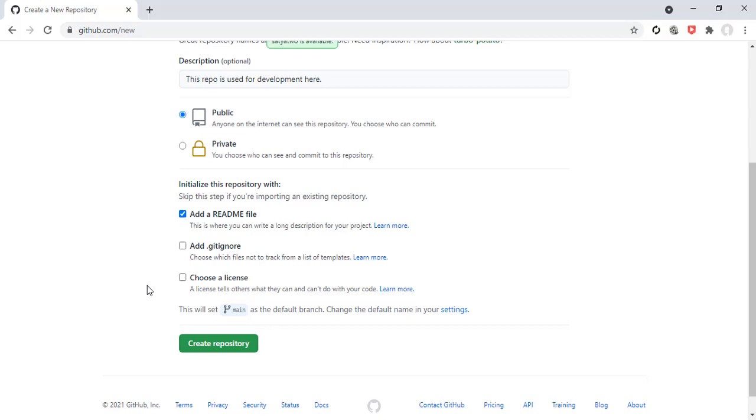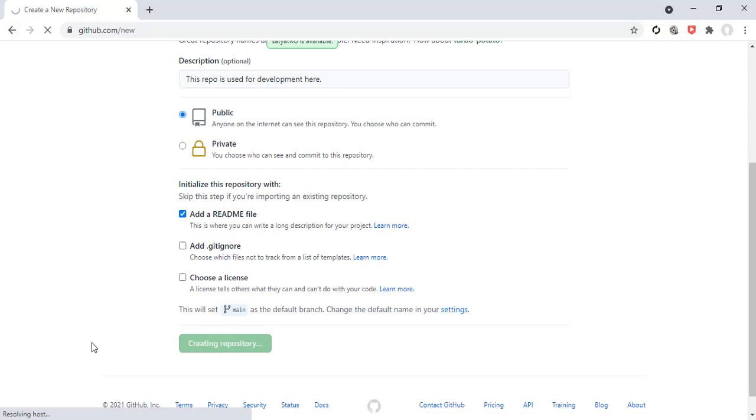I will tell about these two options in my next session. So as of now I have selected add a readme file for creating my new repository to avoid an empty repository. After that I will select the create repository button here.